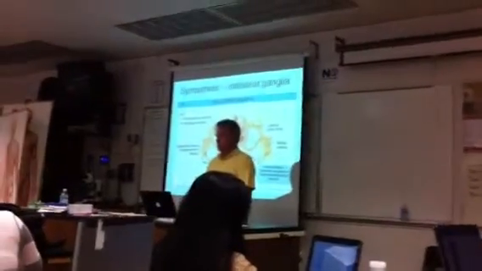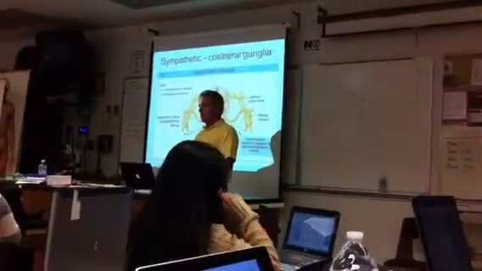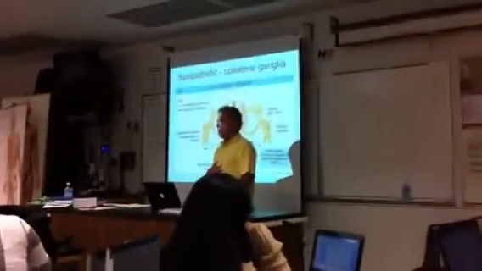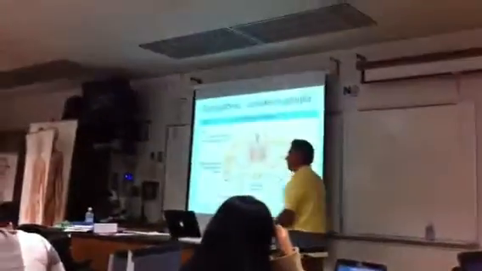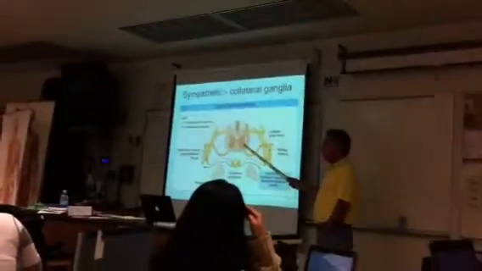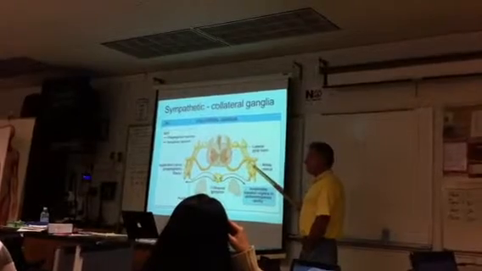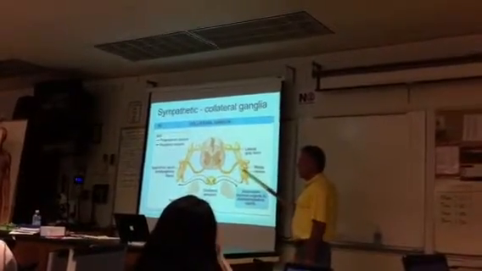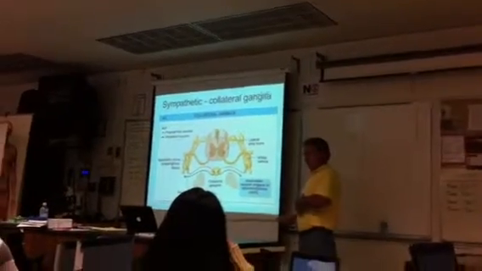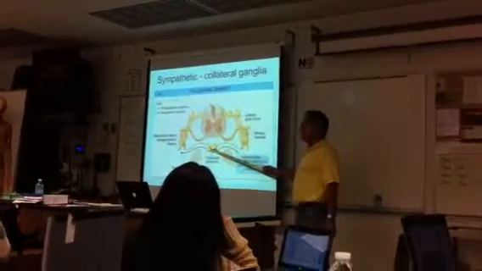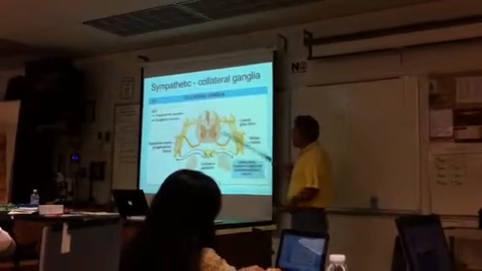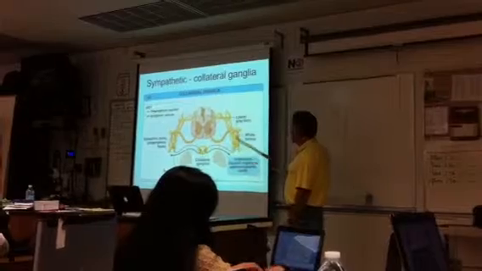All right, the last one is what happens if the organ is out here, the front of the body, these collateral ganglia, or somewhere else in the body. Right? Well, here's the other possibility. Exits here, goes out the white ramus, but instead of doing any synapsing at all in here, because it's going out here to the front of the body, the synapse is going to occur in one of these collateral ganglia, like the celiac or the superior and inferior mesenteric. So it goes out, it goes through